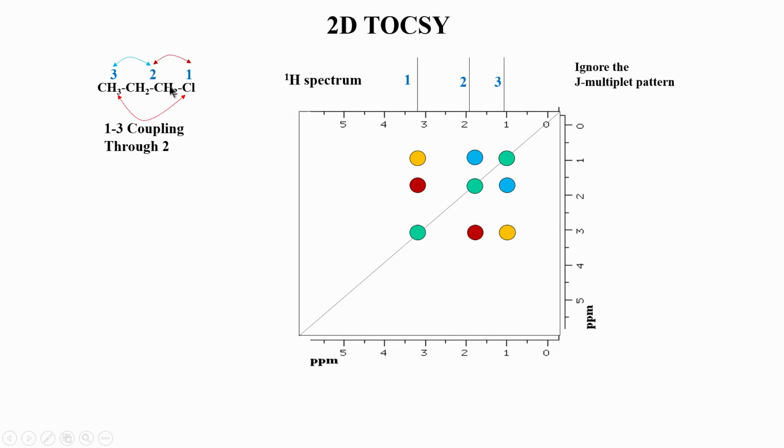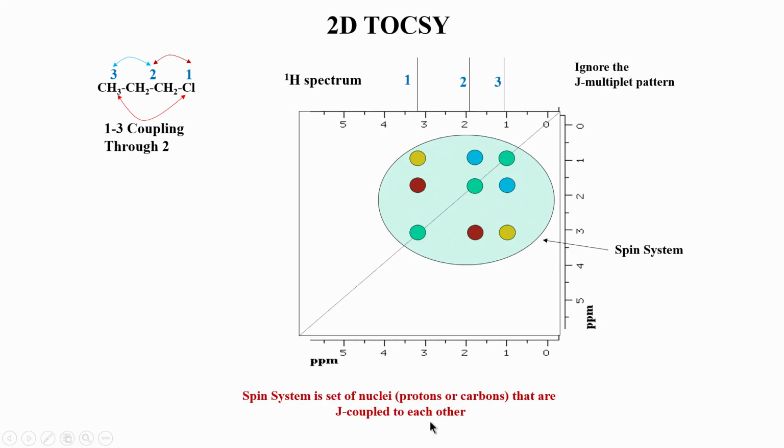We have to keep in mind that in this case one molecule is one spin system because all the protons are connected, but you can have in one molecule two different spin systems because of a break. We will see that shortly. This is what I was alluding to. We use the word spin system, which looks at the entire set of connected spins as one family, meaning one set of spins. So, a spin system is a set of nuclei that are J coupled to each other.